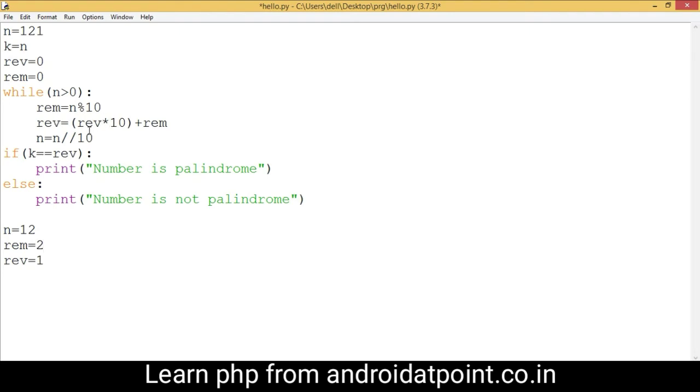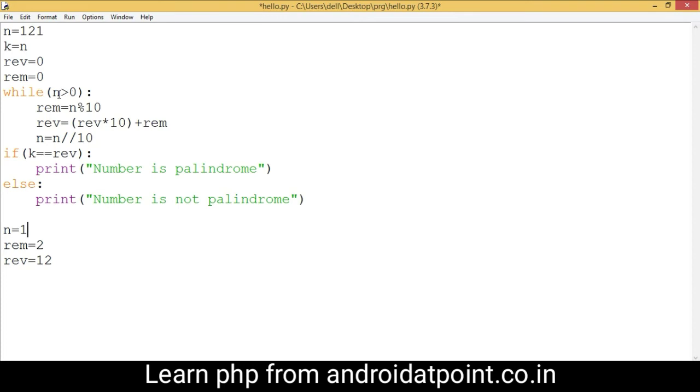Control comes here, and right now the value of rev is 1 multiplied by 10, so the value after multiplication is 10, and now the value of ram is 2, so it becomes 12. Now the value of n is 12. After division, the quotient is 1 assigned to the n variable, so the value of n is 1.